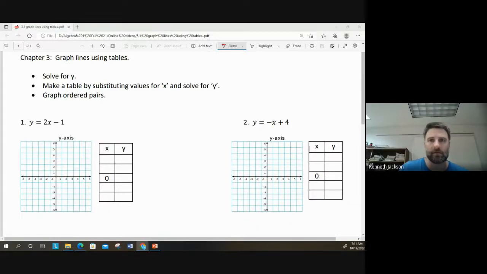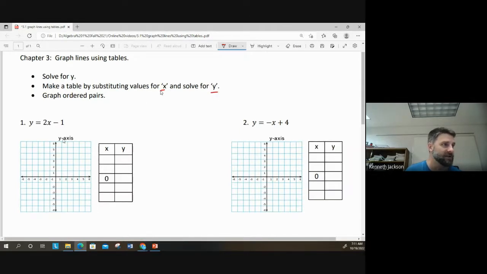These are notes for Chapter 3, Graphing Linear Equations Using a Table. And once we start Chapter 3, we introduce two variables instead of one. Chapter 1 is dealing mostly with x. And now Chapter 3, Chapters 1 and 2, I should say, Chapter 3 is dealing with both an x